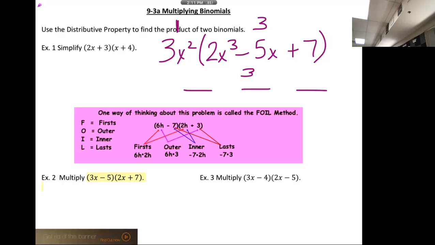Today we're going to talk about multiplying binomials. Now a binomial is a polynomial with two terms. So I am going to get to example 1 right now, so don't write anything, just watch. I'm going to take a binomial, x minus 5,